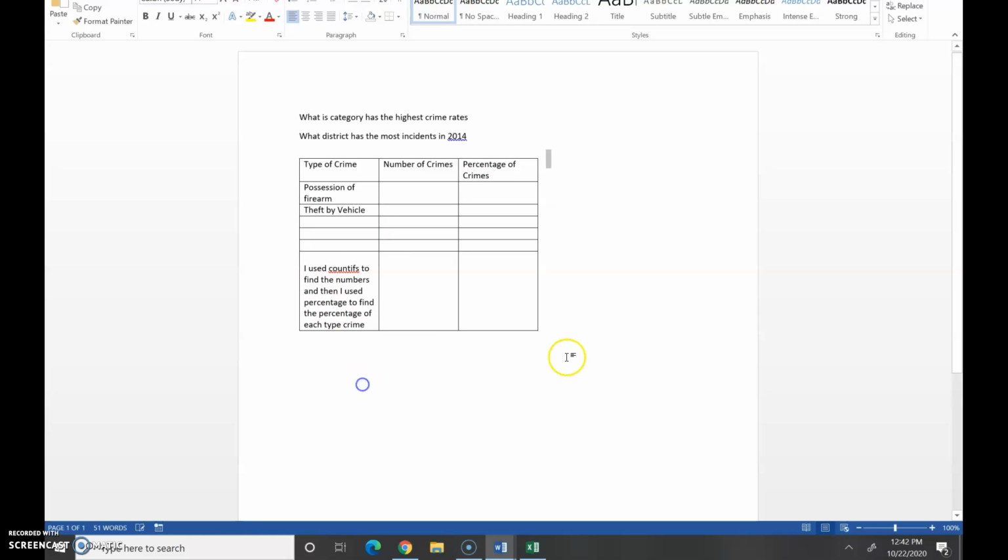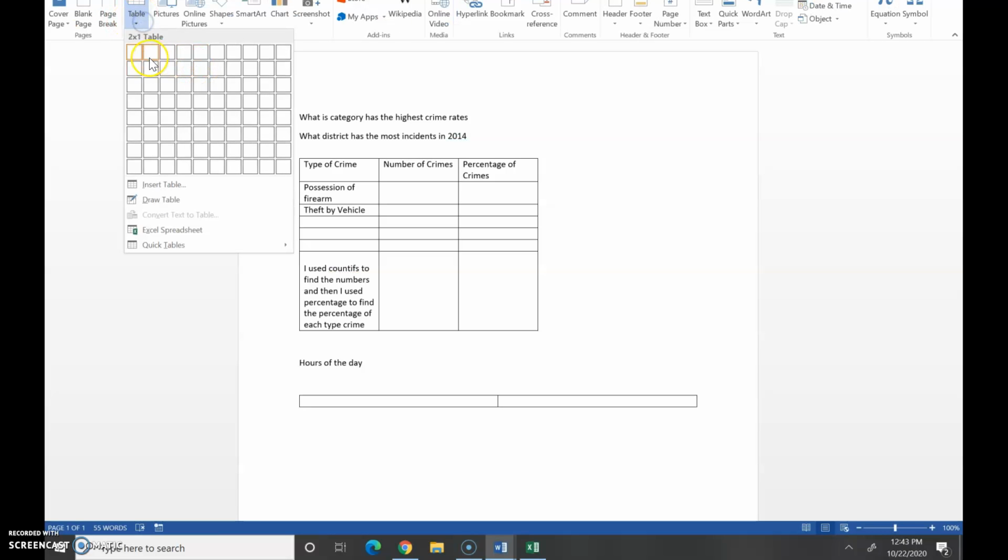And then down here, maybe you can do another chart. You could do the districts, or the time of day, hour, right? Hours of the day. And you could do a COUNTIF and create a chart here and list out all the hours of the day, 24 hours in the day, unless you want to do a range. Maybe you do ranges between like 1 and 5, but I would make them smaller, but you could insert a table and do